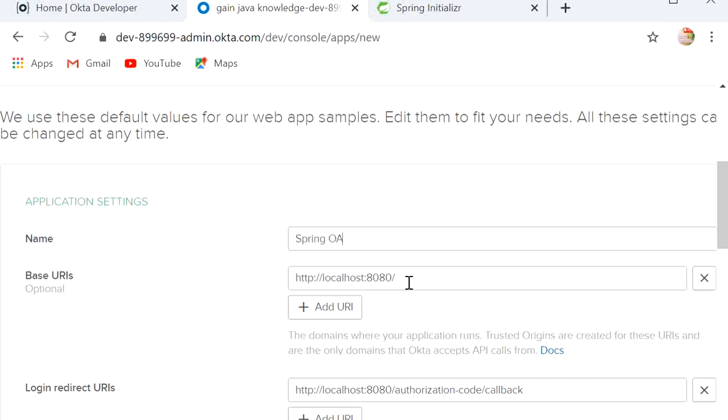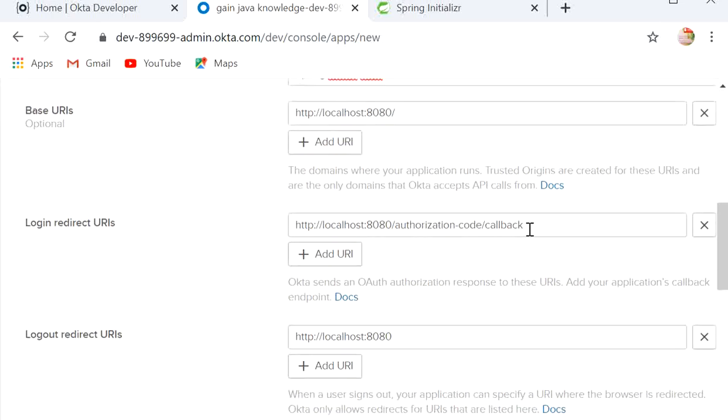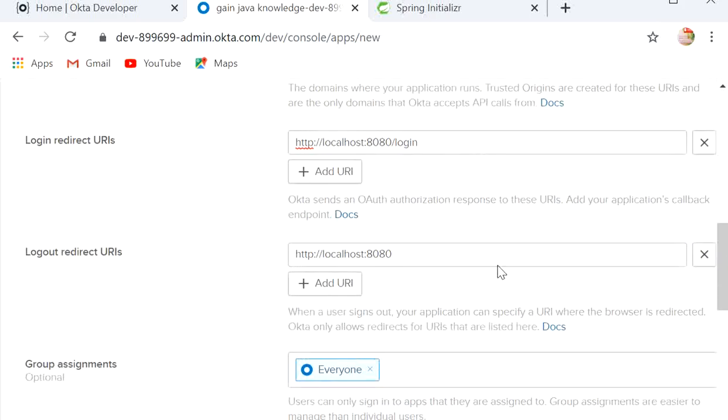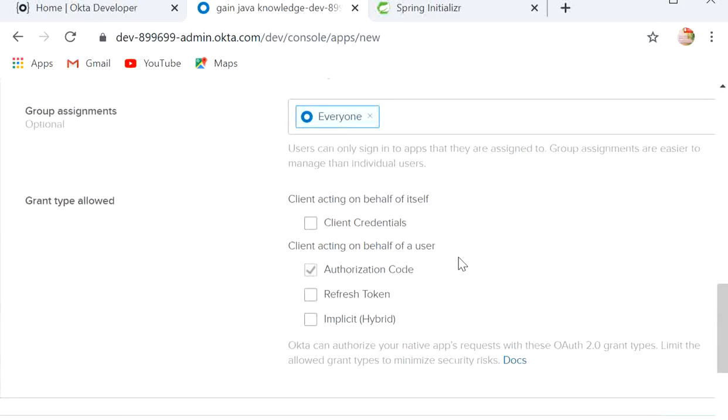We do not need to change the base URI, which stays at 8080, but we need to change the login redirect URI. Here we will use login, we do not need this one, and click on done.